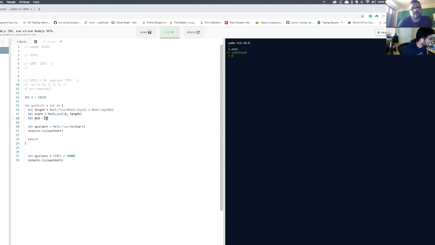So let me just go here. Base is 10 and the value is 1 in the beginning to get the last value. And I need to loop this, obviously, and the value to which I can loop it is if start is equal to end,